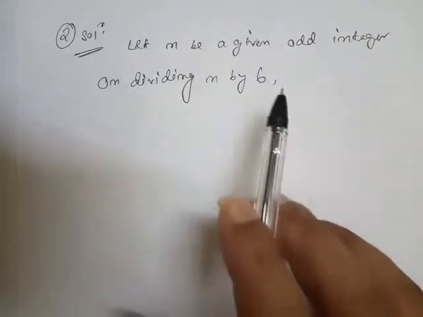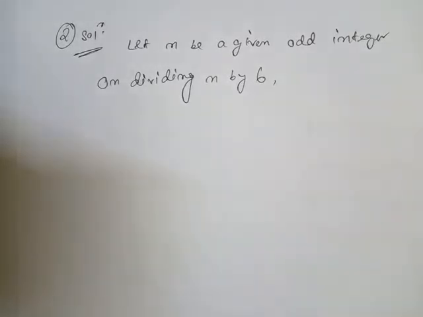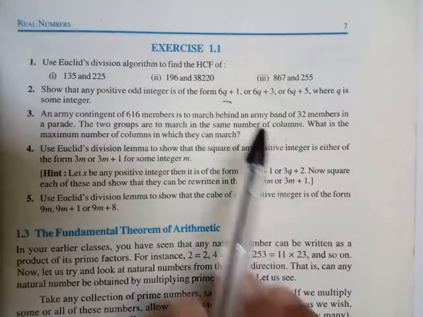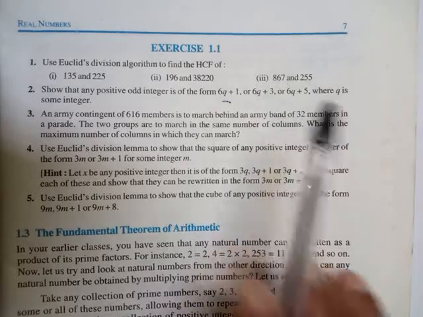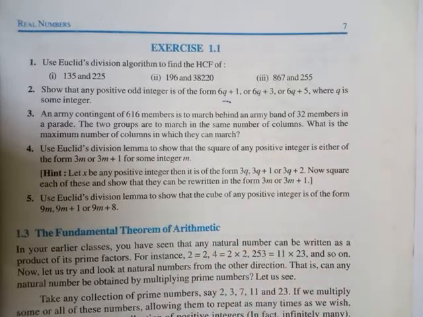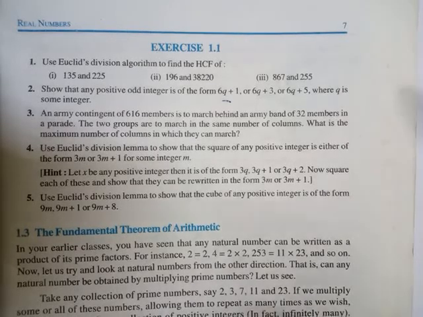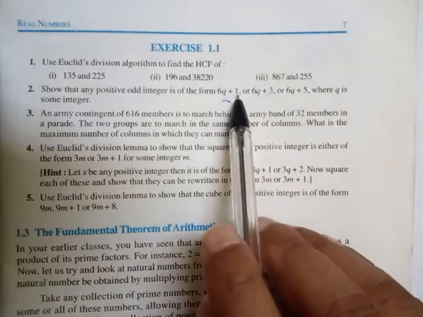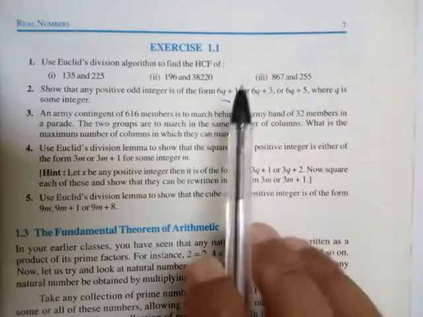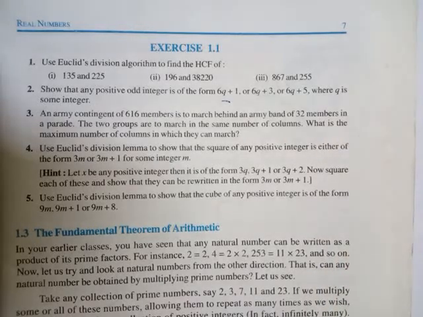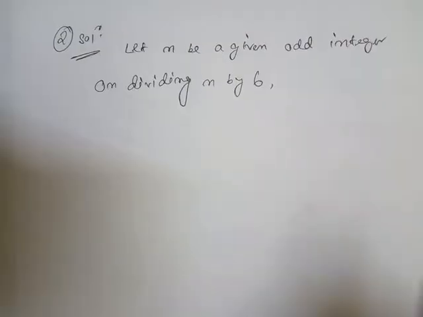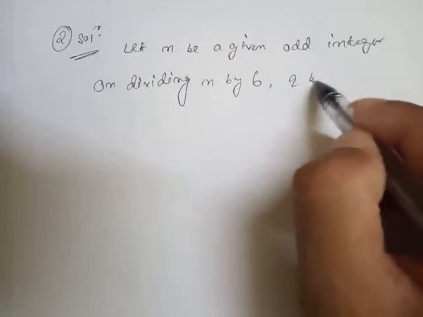Look here, why I am dividing this question by 6, I am going to show you that one. In the question it is mentioned 6q plus 1, 6q plus 3, 6q plus 5. Now according to Euclid's division algorithm, we know a equal to bq plus r. So think about that formula, a equal to bq plus r. So that's why, since 6 is given here, I'm going to divide this n with 6. Let q be the quotient,